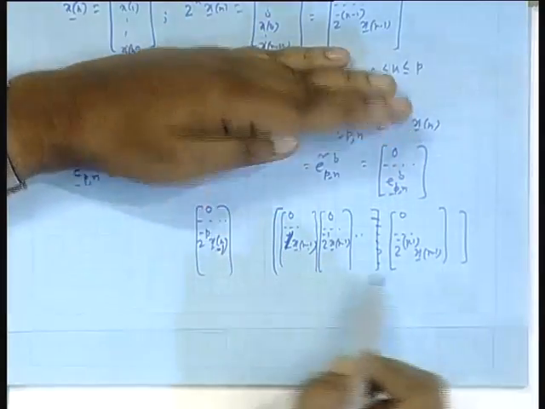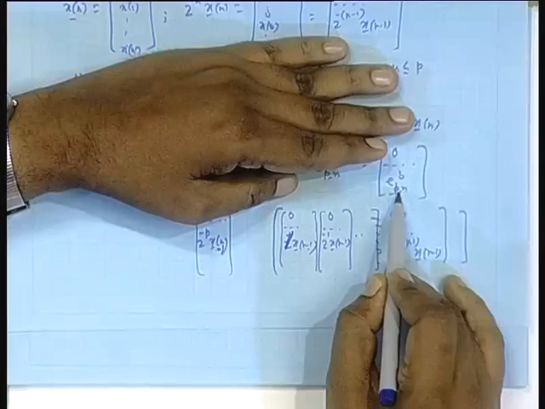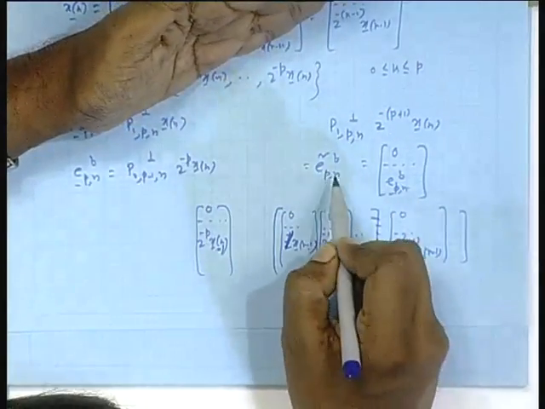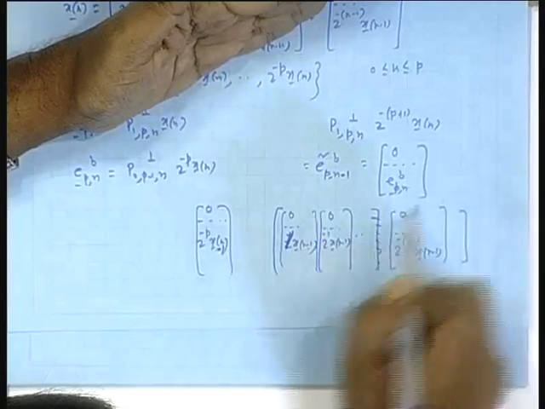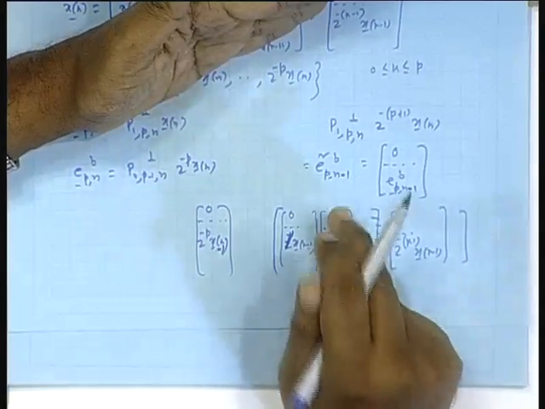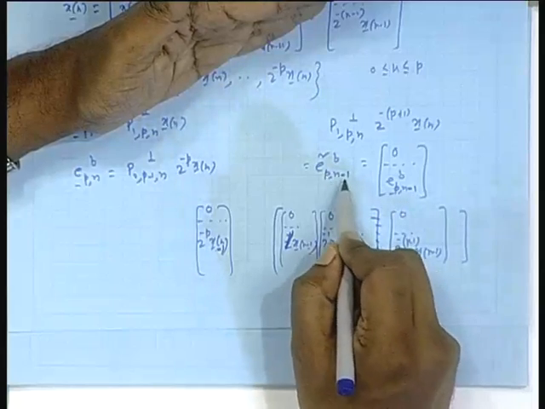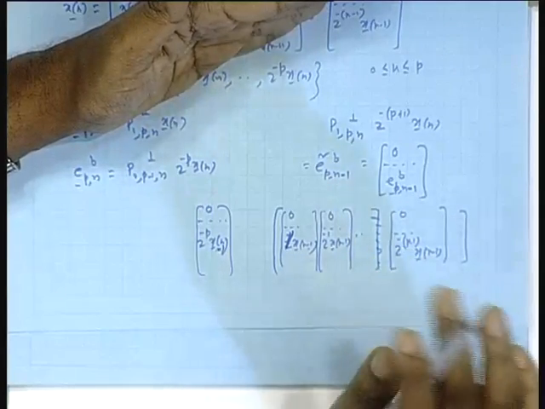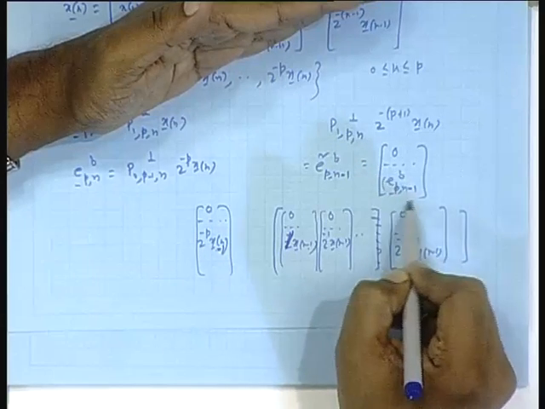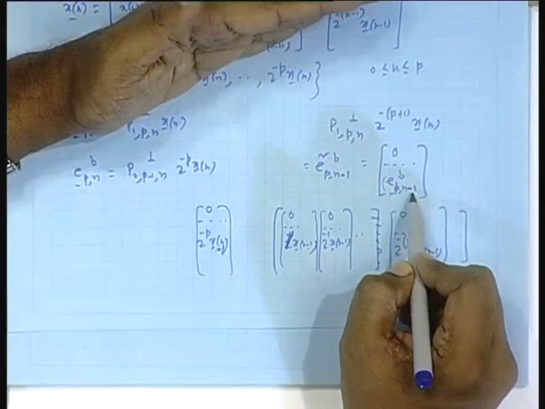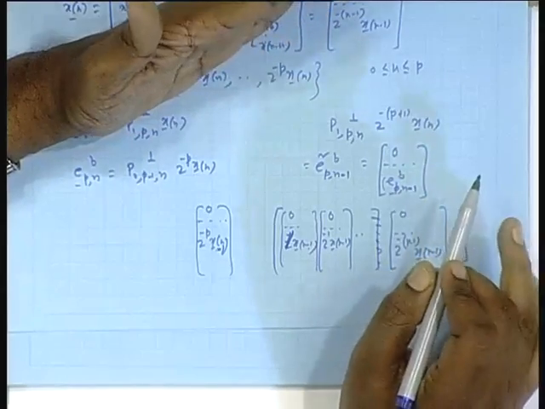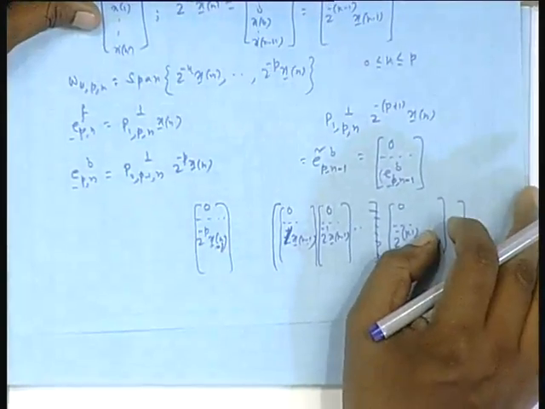So, this entire thing would be what? Pth order backward prediction error at... I was making this mistake, instead of this it will be better if I put this. I think this is what I did not put, n minus 1. You could have corrected me. Okay. So, this is clear. This n minus 1 means n prime index, the pth order backward prediction error at n prime index, that vector. Okay. That is what we had.